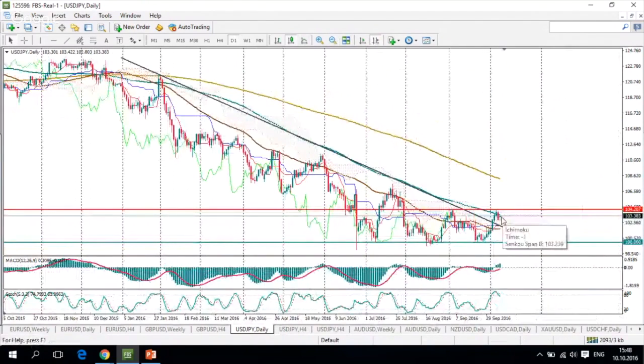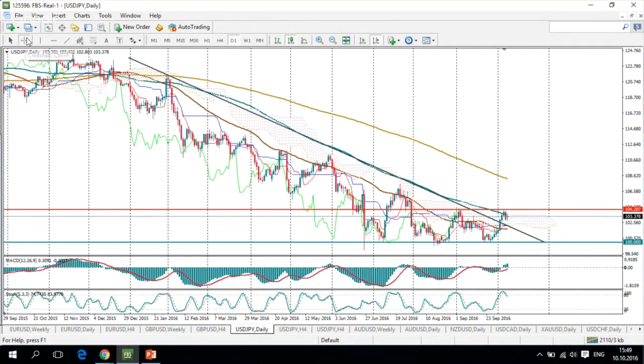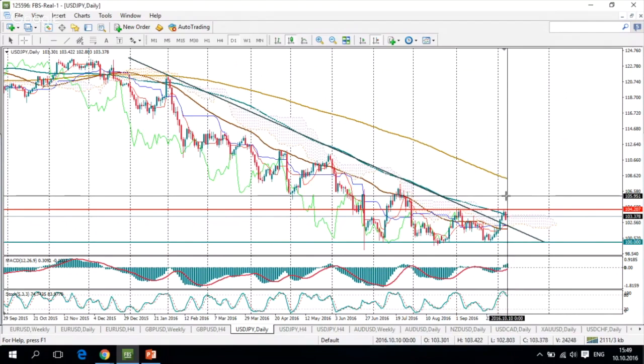Here we can say that the pair returned below 100-day moving average at 103.60 last week on Friday because of the weak non-farm payrolls data, and now this is an important level, and bulls have to overcome this level if they want to continue growth. Next resistance, as I have already mentioned, is at 104.20 mark. If this level is successfully broken, then we'll look at higher levels around 105,